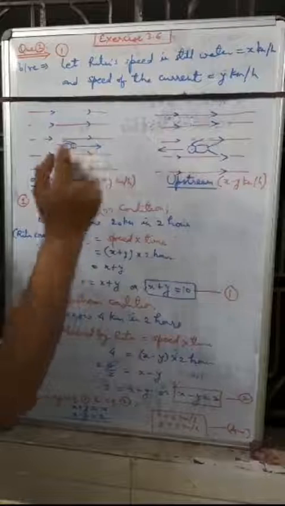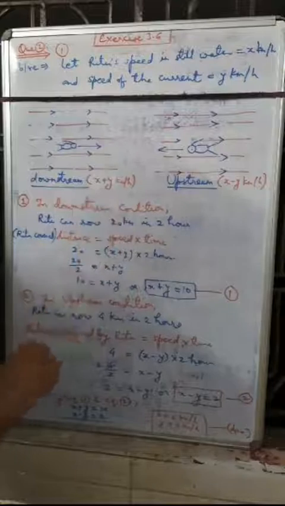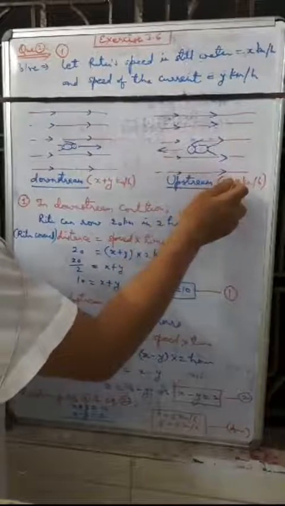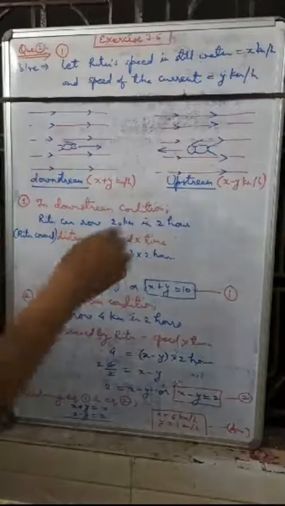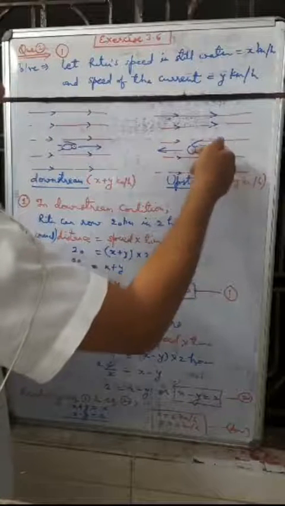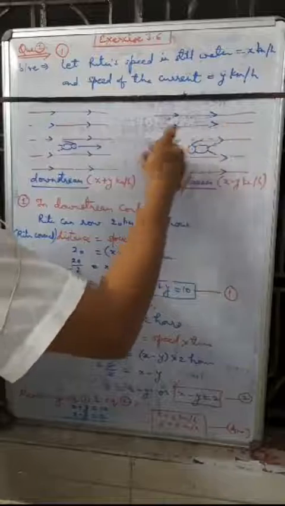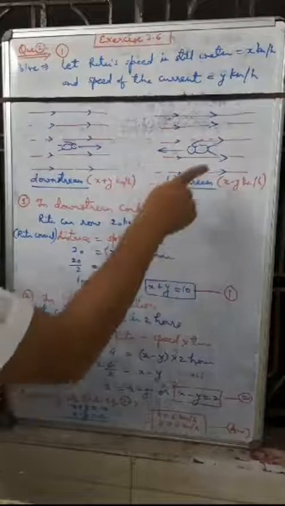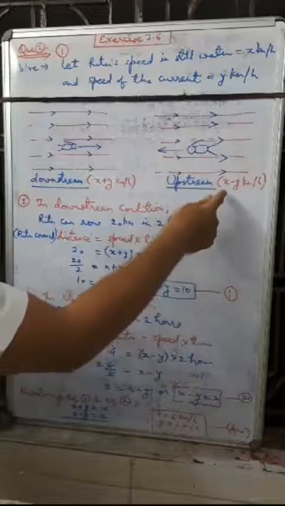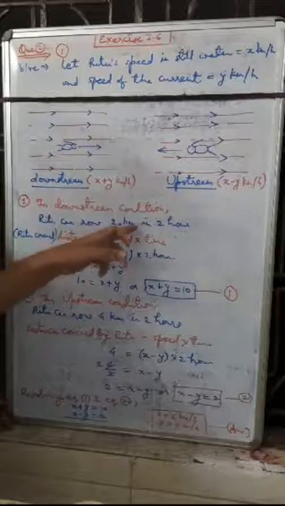तो यहाँ पर देखिए दोनों कंडीशन आपको अलग अलग समझाई जा रही हैं. तो इन डाउन स्ट्रीम कंडीशन द स्पीड ऑफ ऋतु इज इक्वल टू x प्लस y किलोमीटर पर आवर, और इन अप स्ट्रीम कंडीशन द ऋतु की स्पीड इज इक्वल टू x माइनस y किलोमीटर पर आवर, और here x is always greater than y because the speed of Ritu in still water is definitely greater than the speed of current, otherwise Ritu can't go 4 किलोमीटर in 2 hours. तो ऋतु की स्पीड निश्चित रूप से x जो है स्टिल वाटर में वो ज़्यादा होगी पानी की स्पीड से, तभी आ जाएगा x माइनस y किलोमीटर पर आवर.